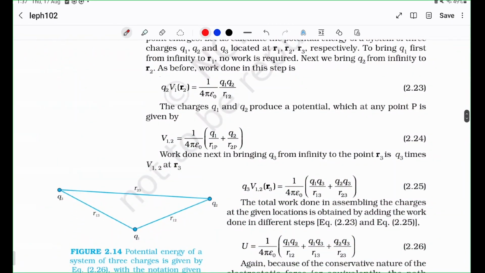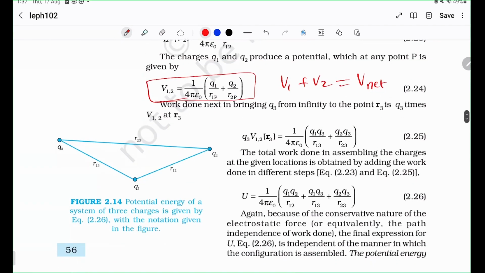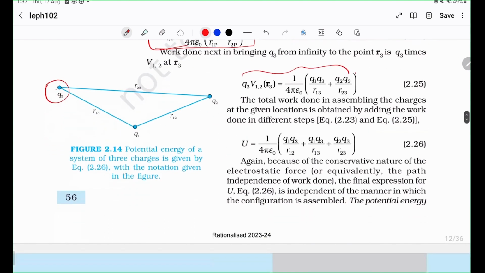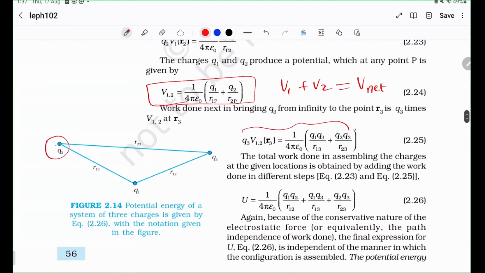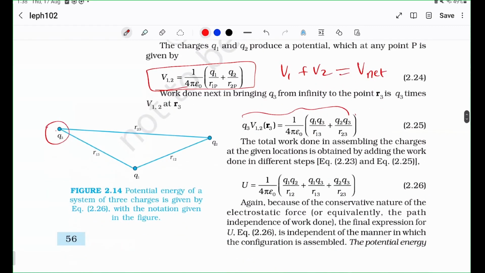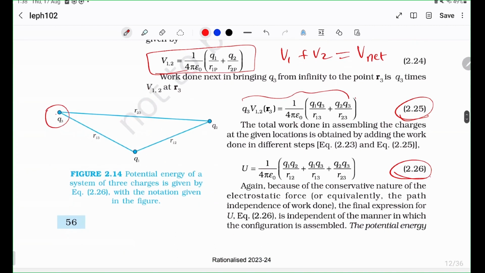So now we look at the potential energy of a distribution of charges. We have seen that the potentials can simply be added to create the net potential here. So here the potential energy, you simply multiply the charge, so multiply Q3 to everything and you get your answer. However, there is a very common misconception here. Some people look at equation 2.25 and equation 2.26 and wonder, wait, why are they different? Why is there this extra term